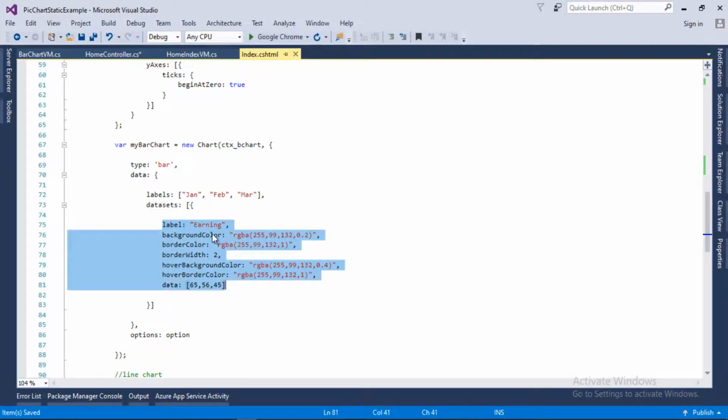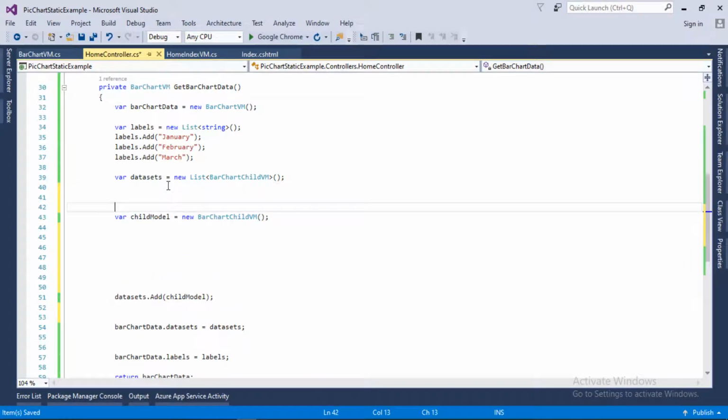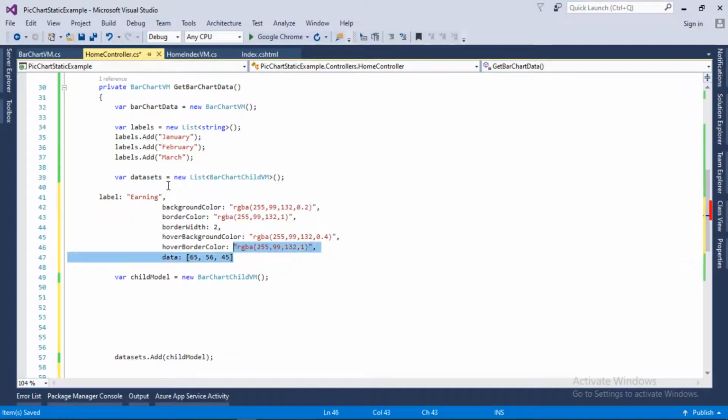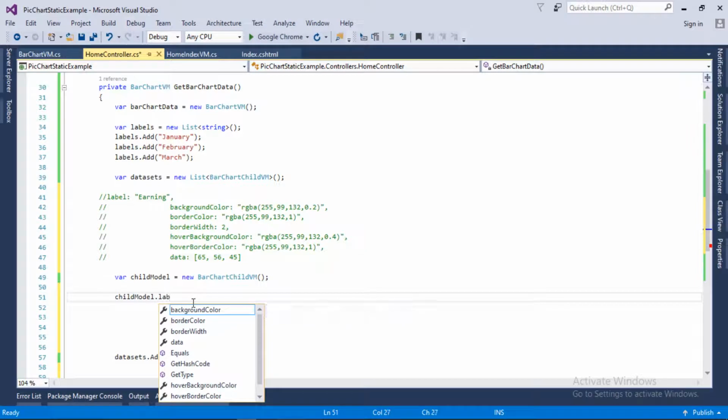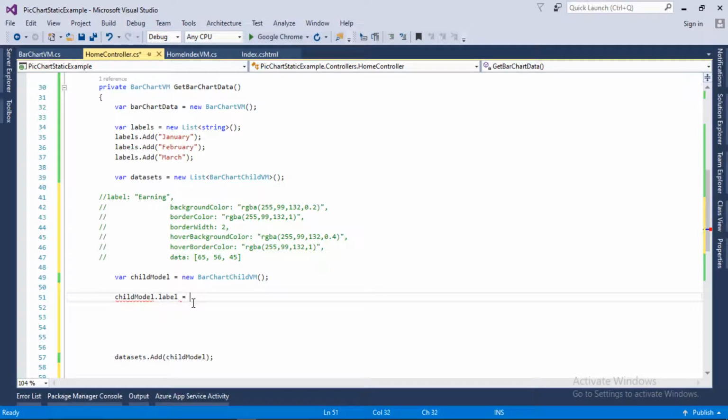So we need to pass a child model object in our dataset list that we have already added, but we haven't filled these properties yet. So I will copy these fields from here for better understanding. I will paste it here and comment it for a while, and now I will fill this child model according to this. So child model dot label, and label will be